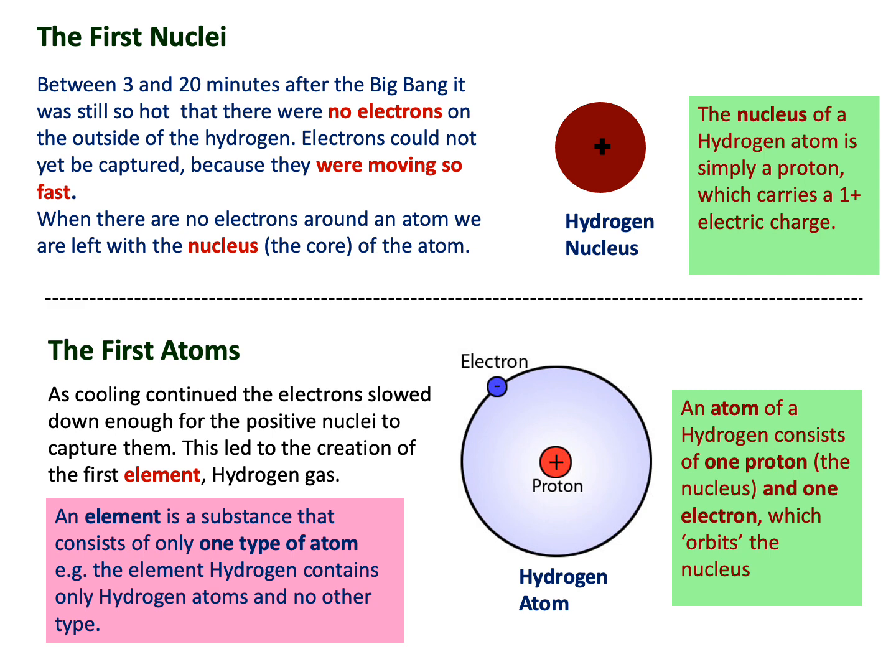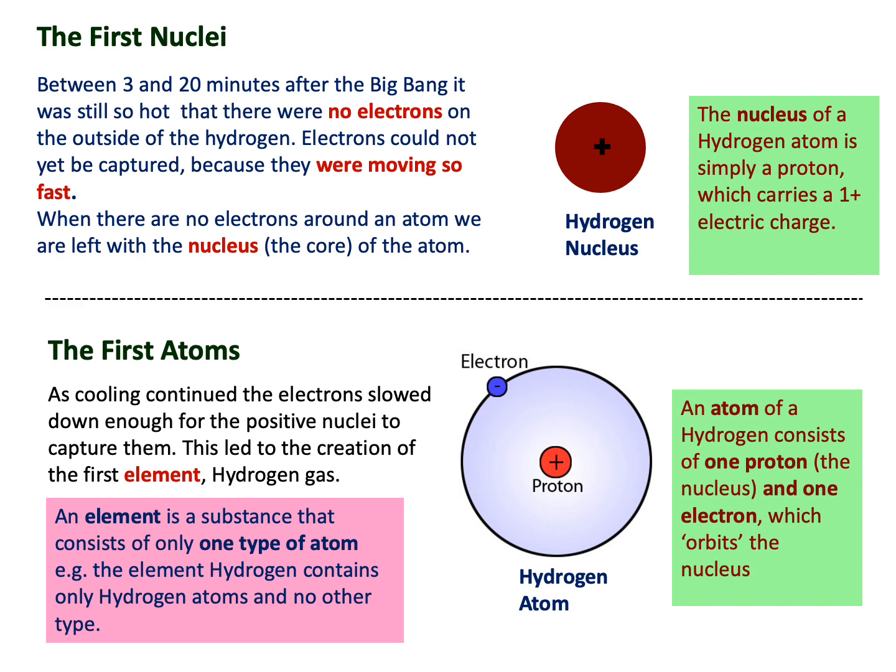Later on, the first atoms formed. So the universe kept cooling, and it cooled enough so that the electrons, which had previously been flying around at tremendous speeds, slowed down a bit, enough to be captured by these protons. And so the electrons started orbiting, captured by the protons. And once you've got an electron orbiting the proton, you've actually got an atom, not just a nucleus, but an atom. And that's an atom of hydrogen. So that's 1 proton and 1 electron orbiting the nucleus.